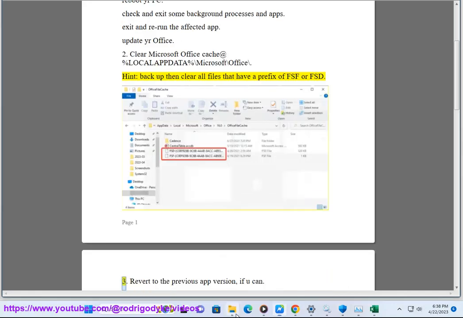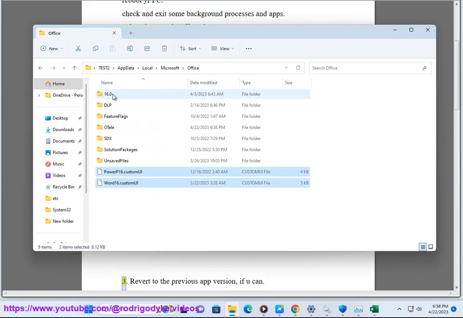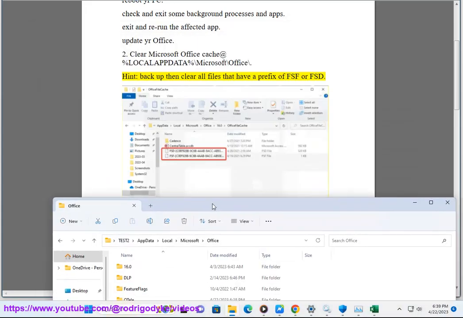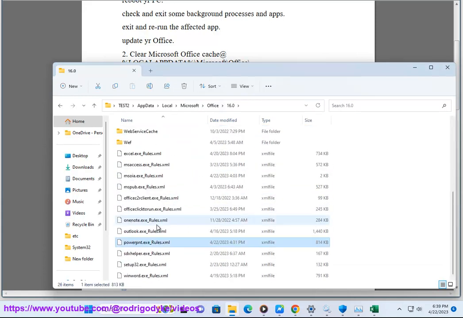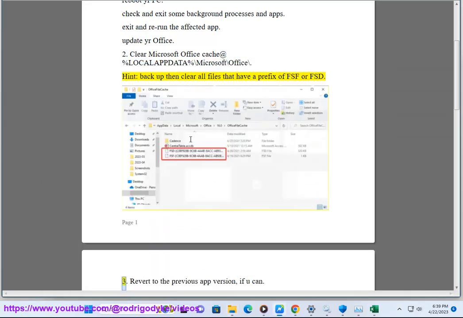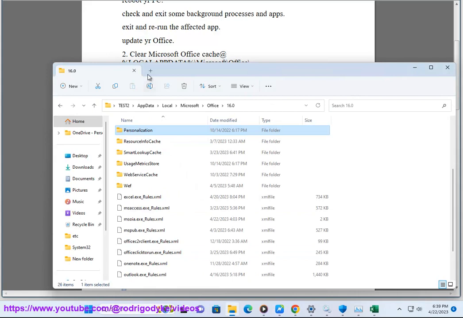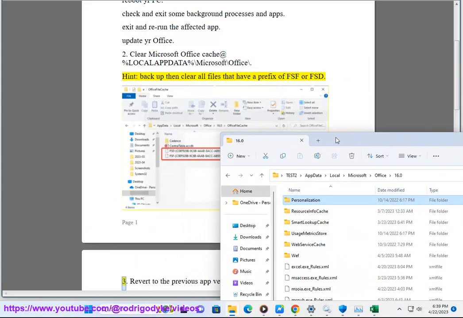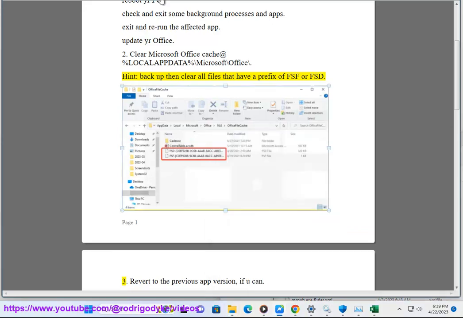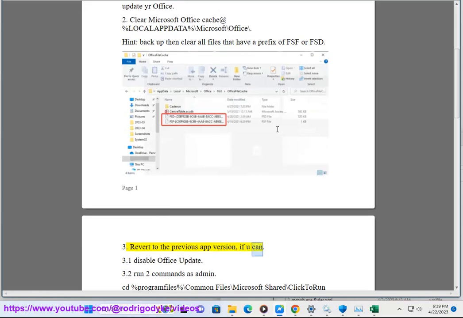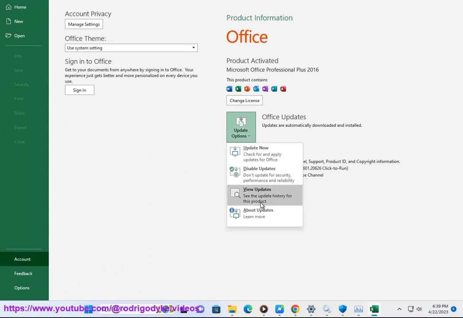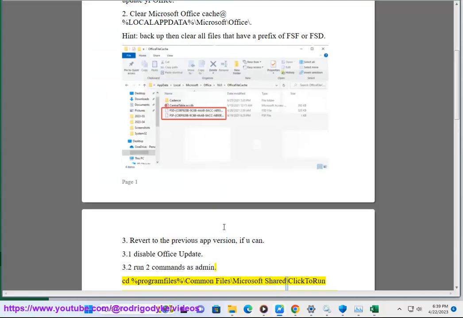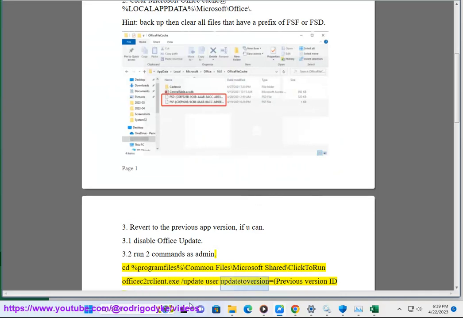3. Revert to the previous app version, if you can. 3.1 Disable Office Update. 3.2 Run 2 commands as admin. cd %program files%\common files\microsoft shared\clicktorun officec2rclient.exe /update user updatetoversion=previous version ID